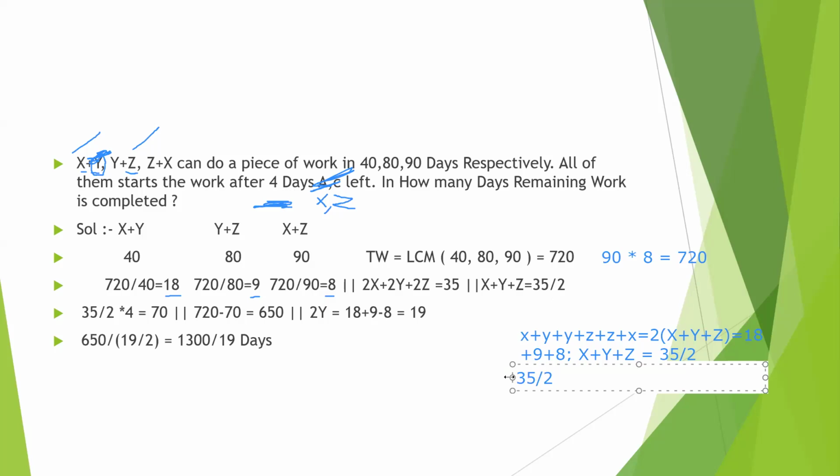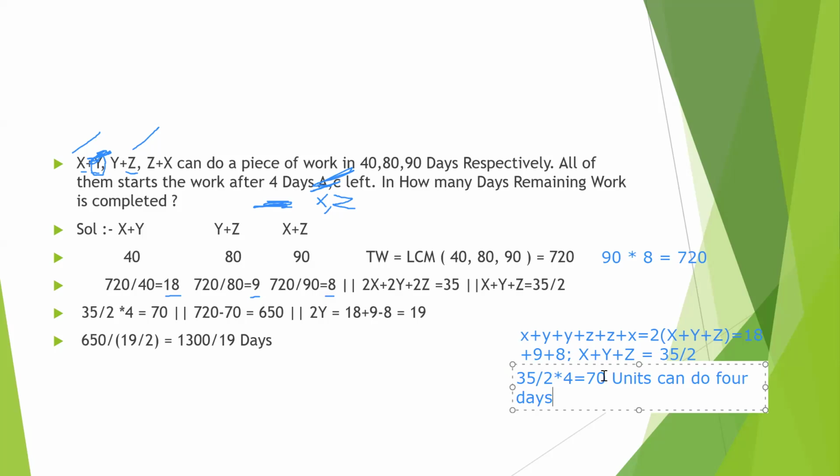Then 4 days, multiply by 4. Here the 2's cancel. Therefore 35 by 2 into 4 is 70 units of work they can do in 4 days. 3 persons can do 70 units of work in 4 days,